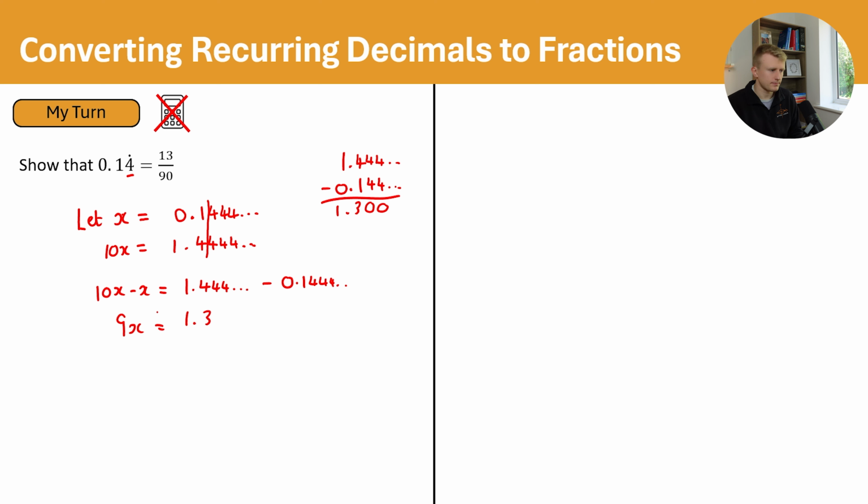Pause the video and give this one a go. Okay, let's run through it. Show that 0.56 with this digit 6 recurring is equal to 17 over 30. So I'll start the question as I always do. Let x be equal to